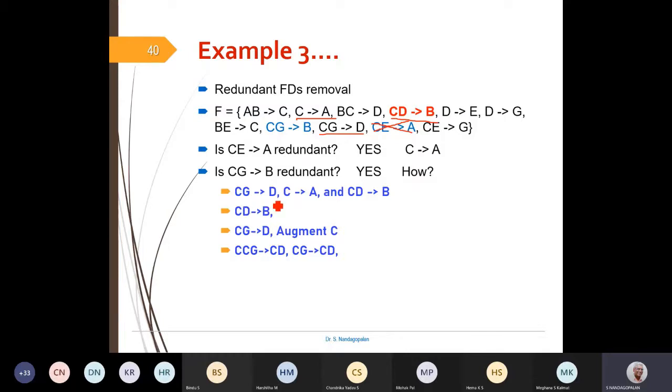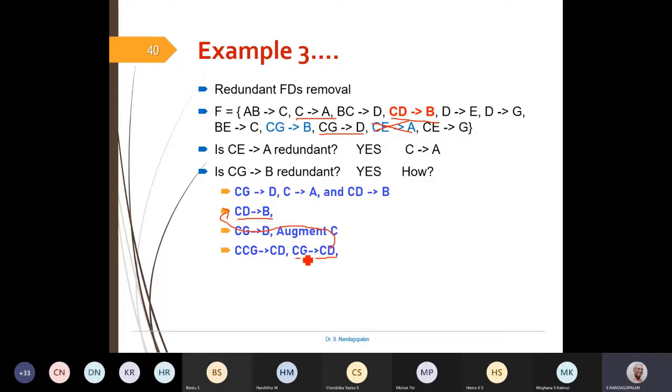So CG arrow D, I can just augment C on either side. So that becomes CCG and CD. CCG is same as CG, and arrow CD. So now I have CD arrow B and CG arrow D. So this is transitive dependency.